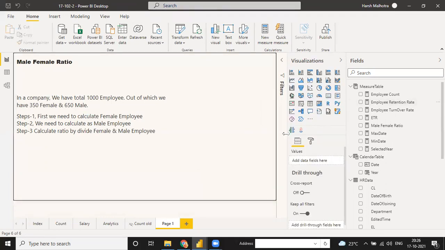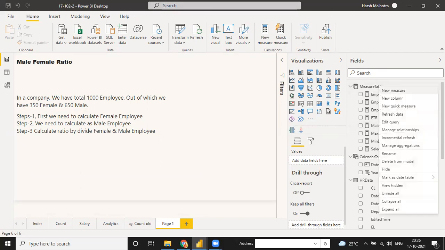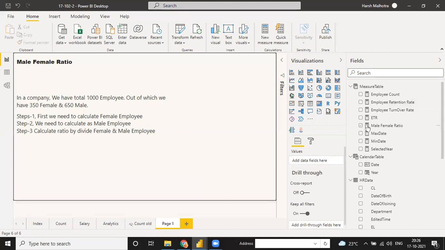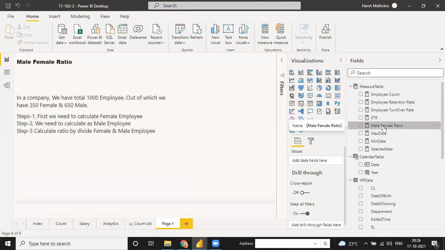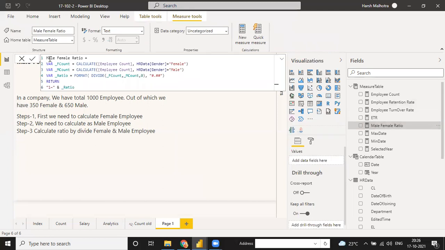I'm just going to do it with you as I've already done it. Can I show you, or can I take you through a written example? Right now I have already calculated it, so if you want, I'm just going to show you this function. See, male and female ratio.